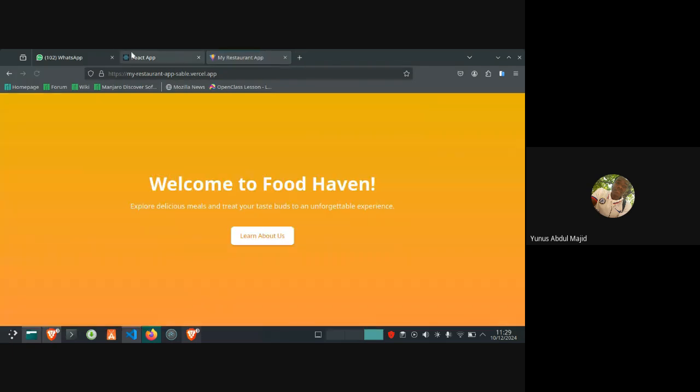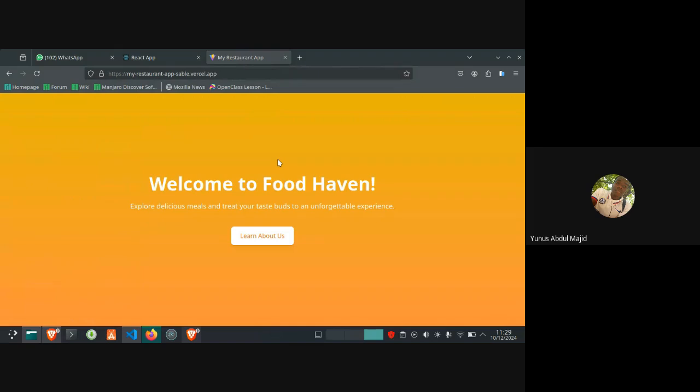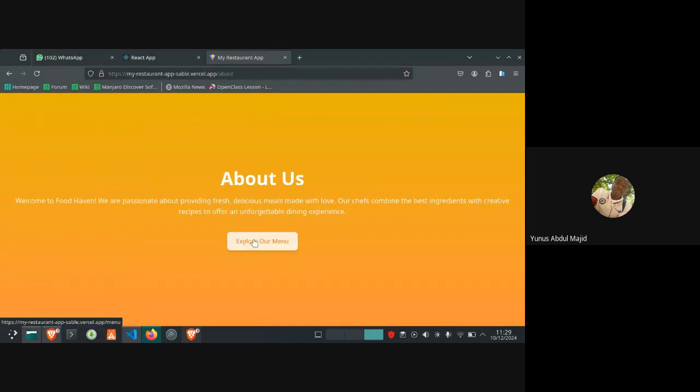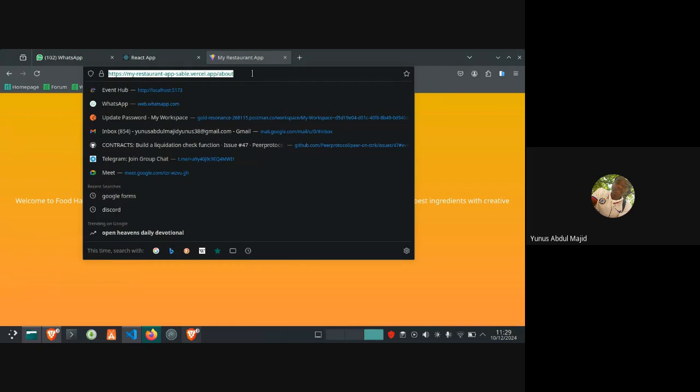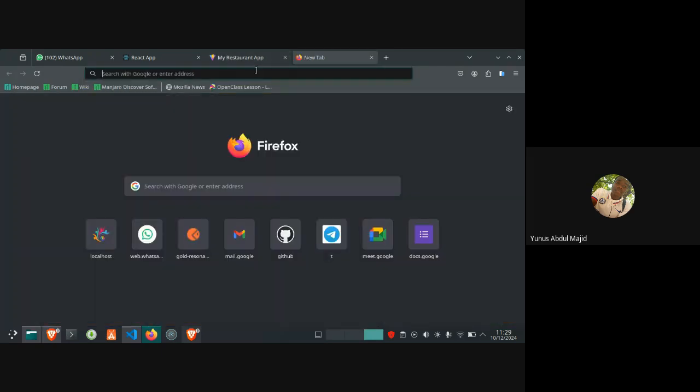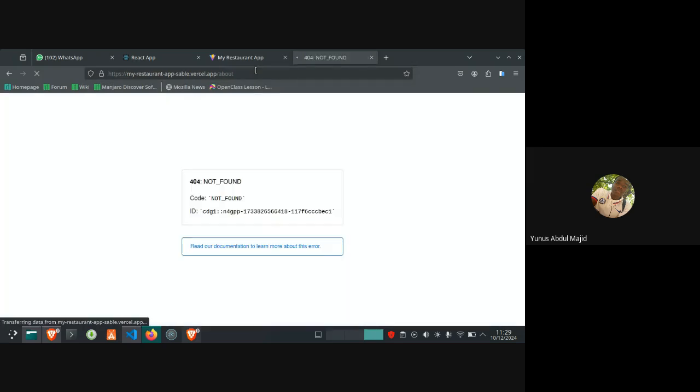Whoever did this one, kudos to you. Currently, if I want to share this about page with another person, they should be able to access it without any error. So you see, it's not accessible. This is not because of some error on your end, it's just a Vercel thing. There is a configuration you need to add to your code for it to work, which I will show you how to do.